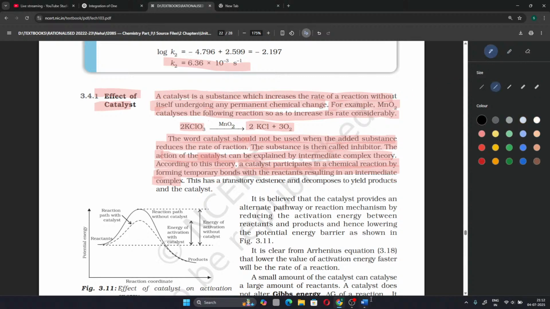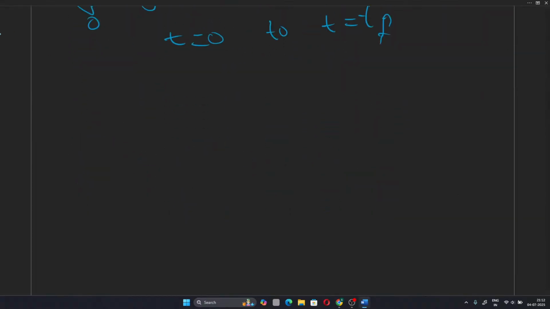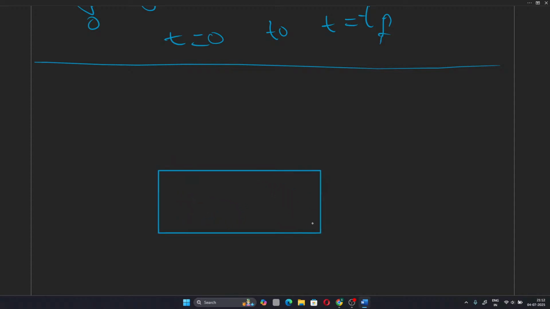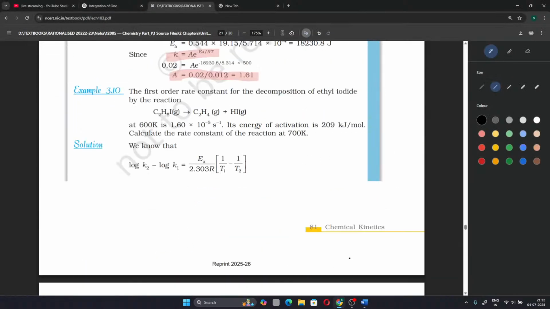Let's assume there is a metal surface, for example in the decomposition of NH3. There is a metal surface of, I think, platinum. No, decomposition of ammonia is